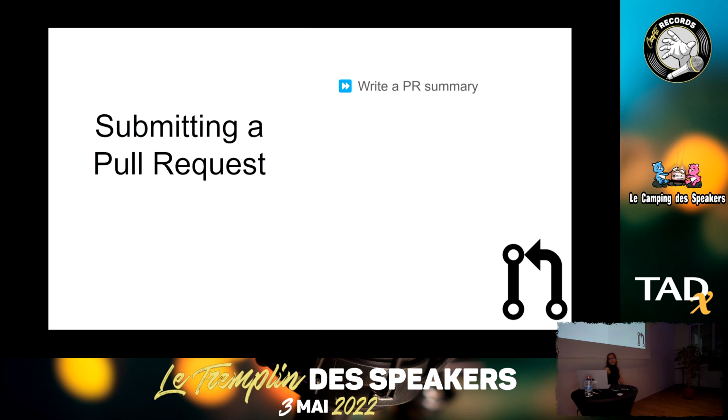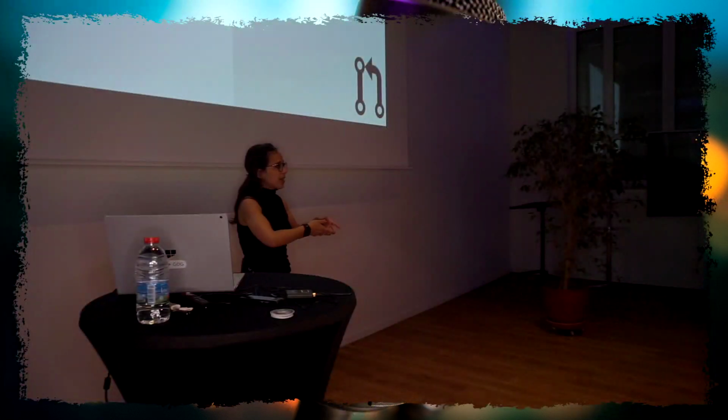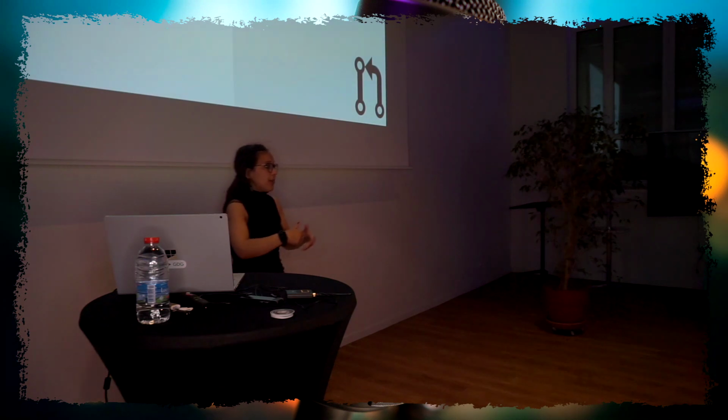So by submitting a summary, telling them, okay, I had this context, I'm trying to achieve that, can you give me your opinion? Second of all, I need to add the right people, asking the right people to review my code. For example, if in my pull request I'm trying to solve some performance issues, then I should ask people who are experts in performance. When I'm trying to solve issues in security, then I should ask people who are experts in that domain. Of course, that will depend. If there are people involved in this component, and you are modifying the code in that component, you should add them, of course.